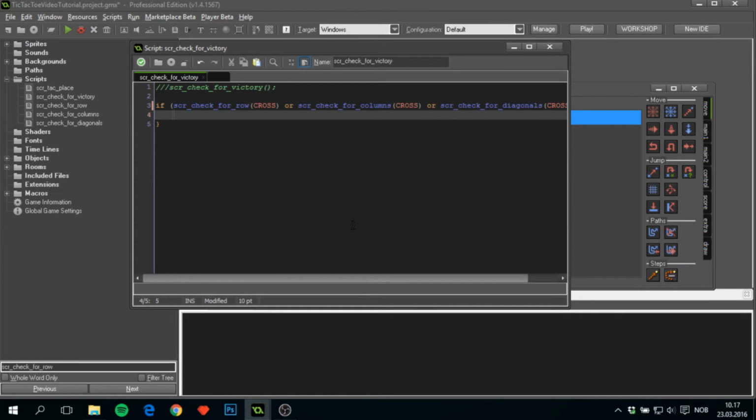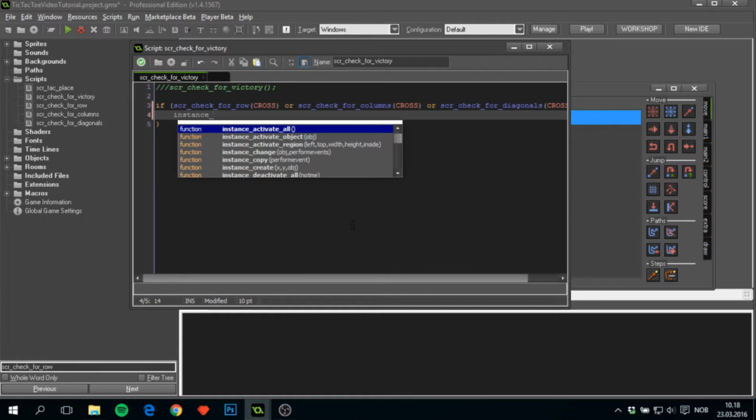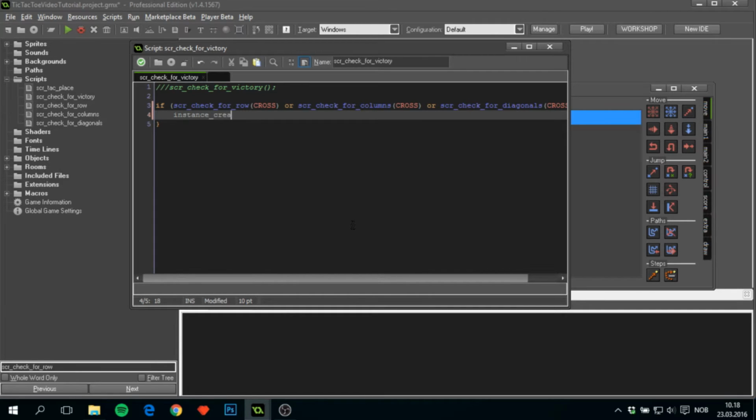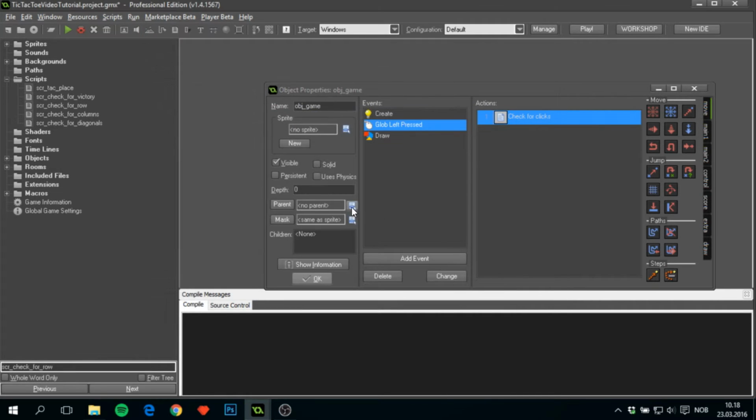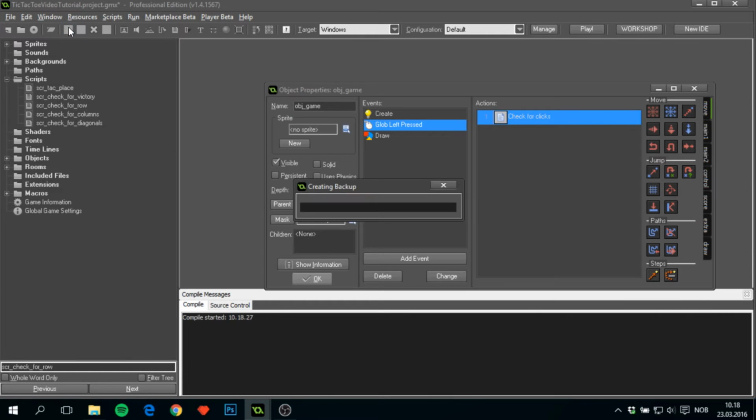And if this is true, we want to create the instance. Create. Position doesn't really matter. 0, 0, and I'll call it obj round over. And set game over to equals true. This way, while the obj round over is created, you cannot place any more tags or any more symbols on the board. So if we now run this and see how it works,